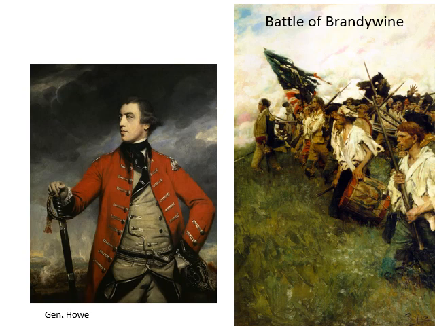Then General Howe, for some reason, in September of 1777, decided not to follow the plan. Instead of taking his army up the Hudson River to Albany, he decided to go south to Philadelphia. Well, when Washington and Lafayette realized that Howe was threatening Philadelphia, they rushed to try to stop him. They were defeated badly at the Battle of Brandywine, and then Howe was able to march into Philadelphia unopposed and